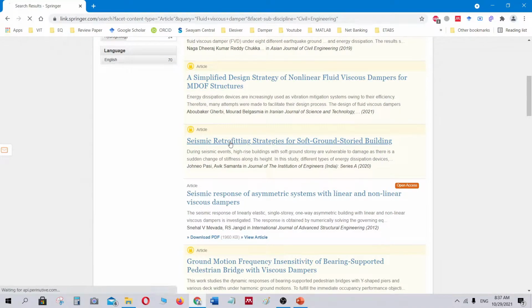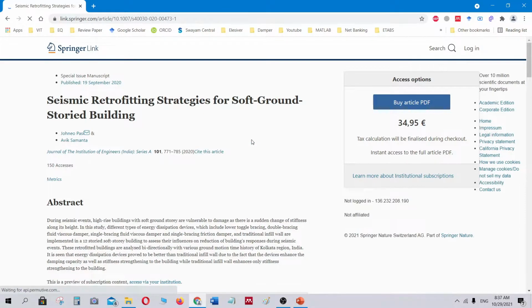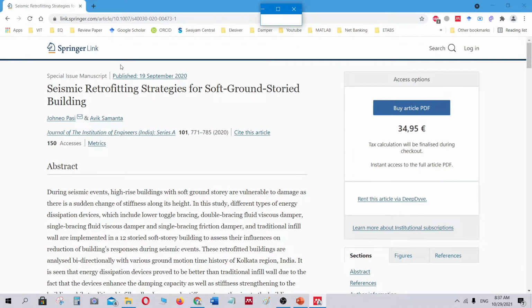Now, when you select a research article, the first thing we can see is that this is a special issue manuscript and it has been published in the year 2020. This is the title and these are the authors.